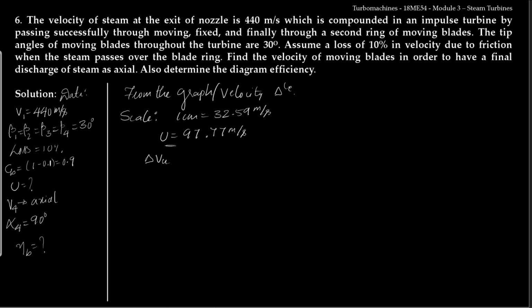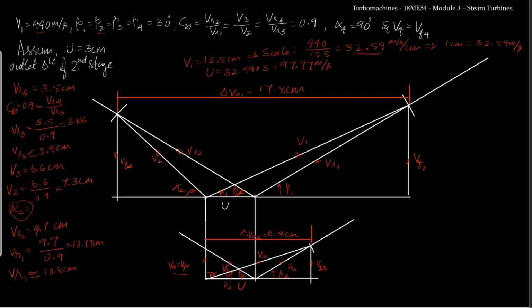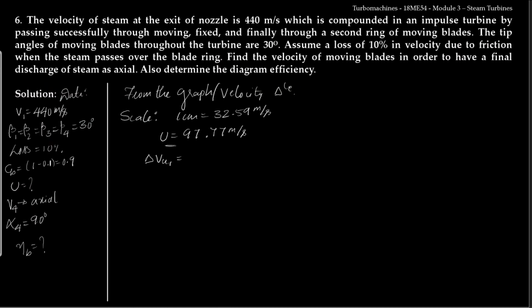Then delta Vu1 is equal to 17.8 centimeters, and if I write that in meter per second, it will be 17.8 into 32.59. So delta Vu1 will be equal to 580.1 meter per second,